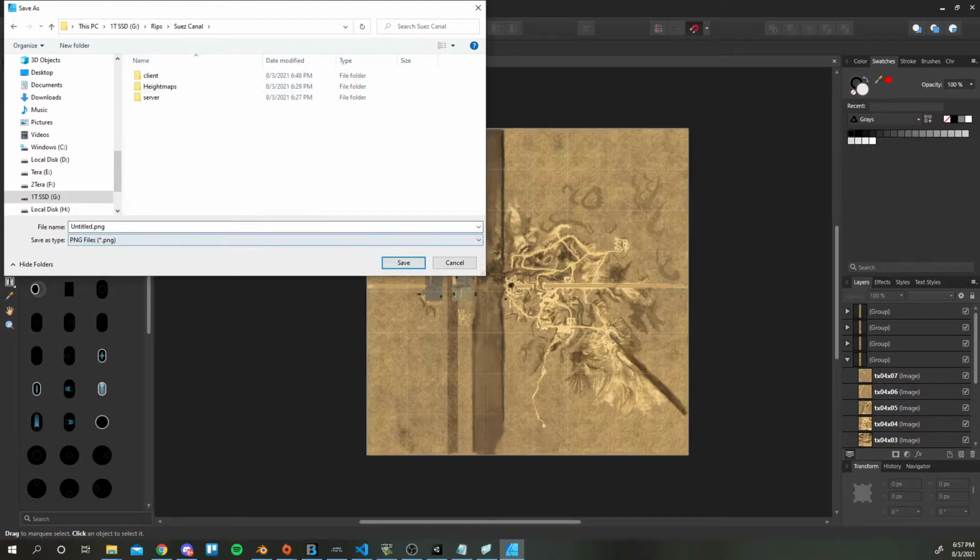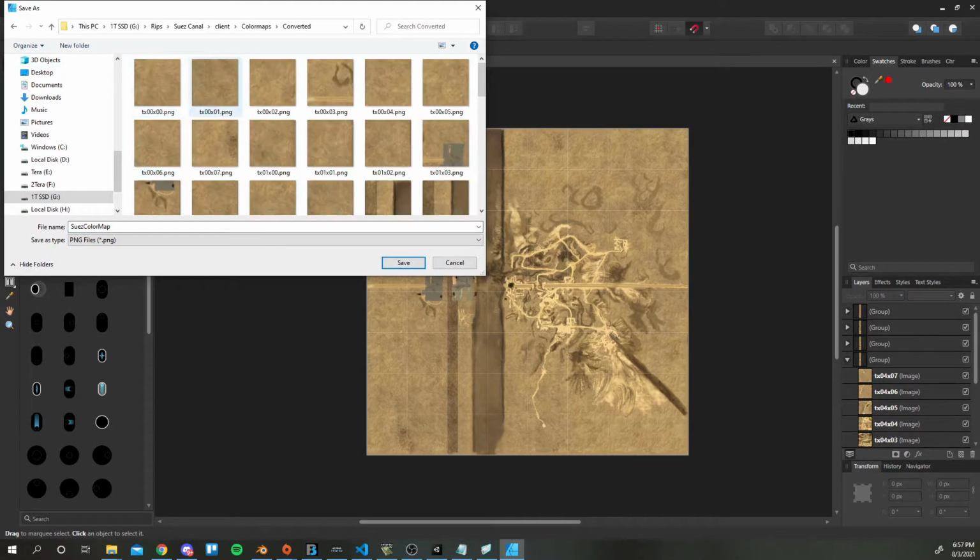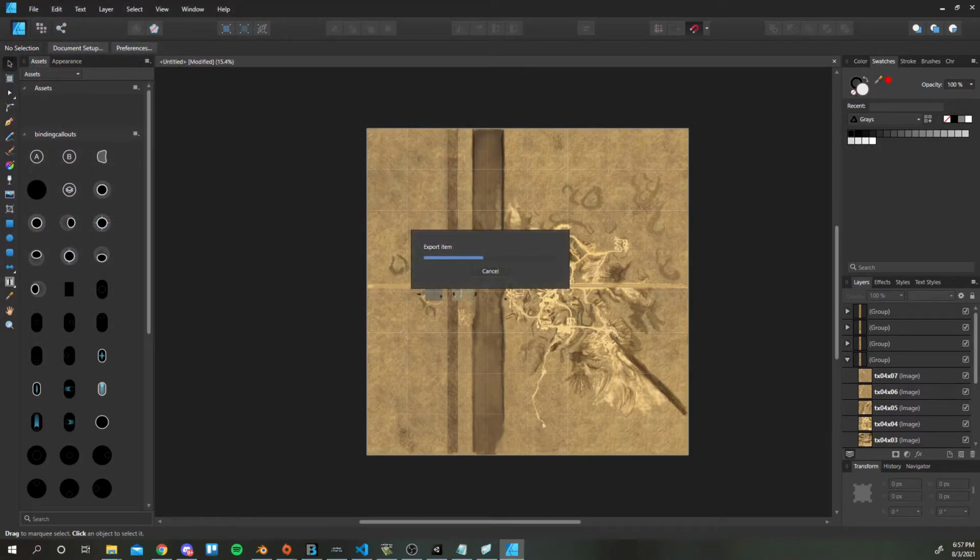I'll just put it there. Suez color map. Why not? You know what, a better place would be the other color maps folder inside the converted folder. Alright, so now that that's exported,